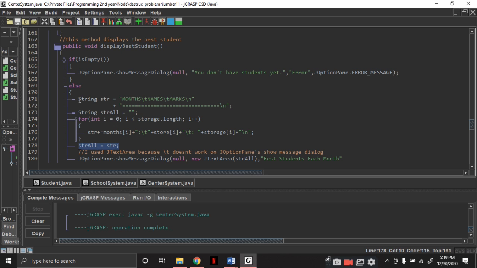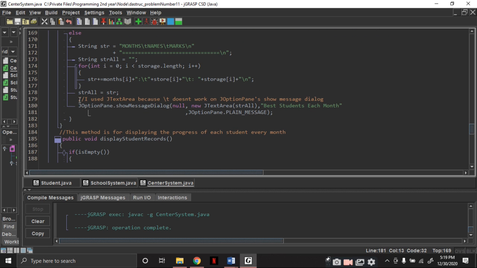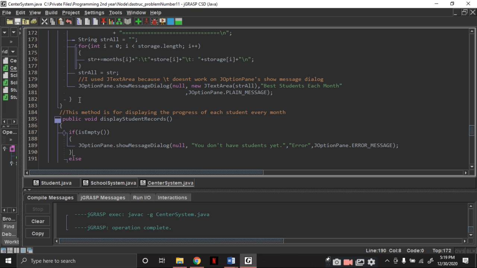And then I stored the str into the str all, and then I displayed it here in the JTextArea, str all, and it's a plain message.